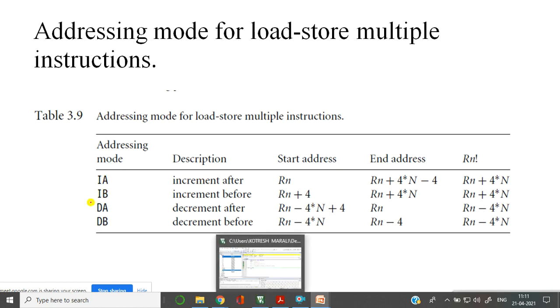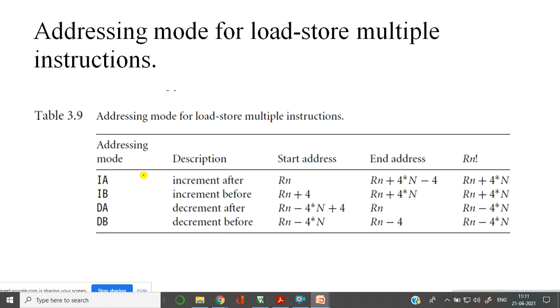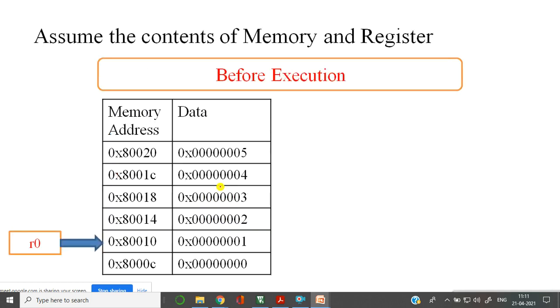That is done through a separate suffix, by using increment after, increment before, decrement after, and decrement before. These are the 4 different modes that we will be using here. Let us assume the contents.